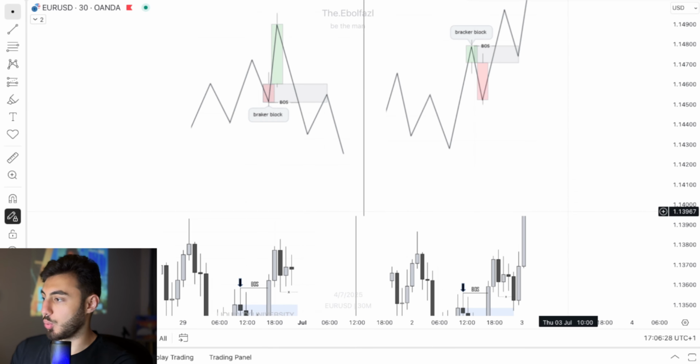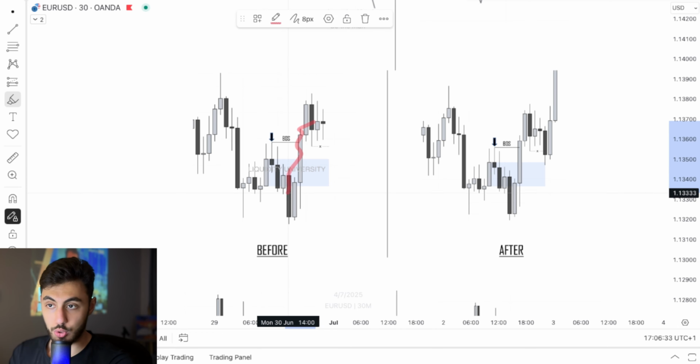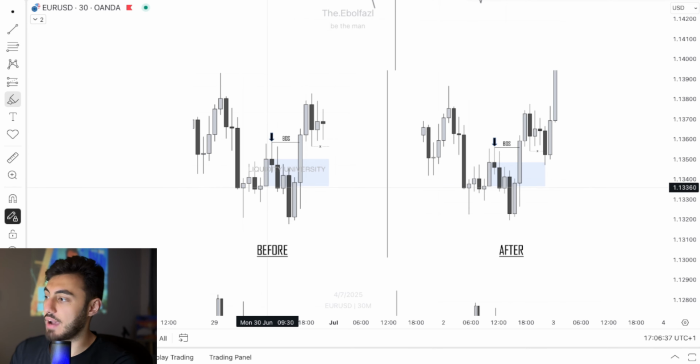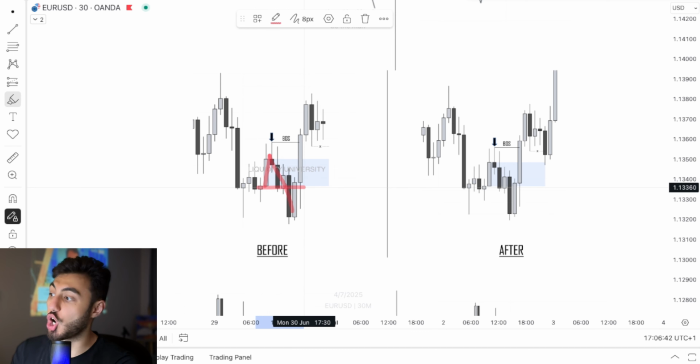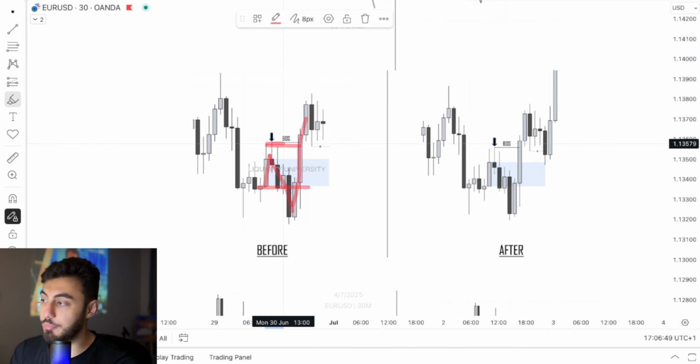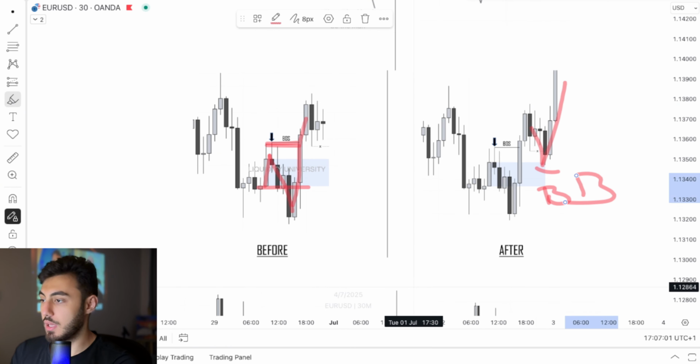Okay. So take a look at this example here. Don't look at this move, okay? Just follow the highlight I'm going to draw. So we have the bull, let's say the last buy candle before the bearish move. This was our order block, a bearish order block that price didn't respect, and it created the break of market structure here. Okay, so a failed order block is going to be a breaker block, and after this, see, price is going to retest this area, and this area for us is going to be a breaker block. Okay, now